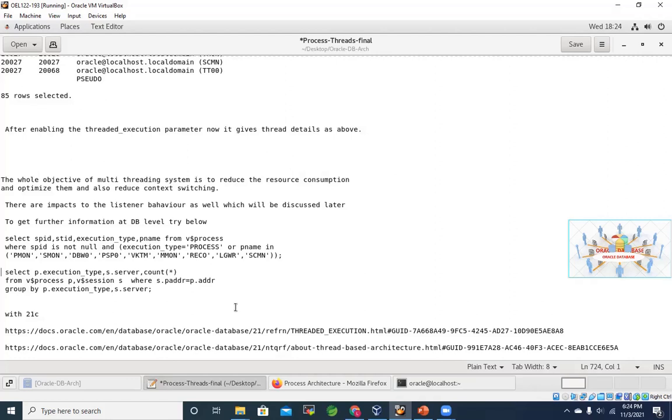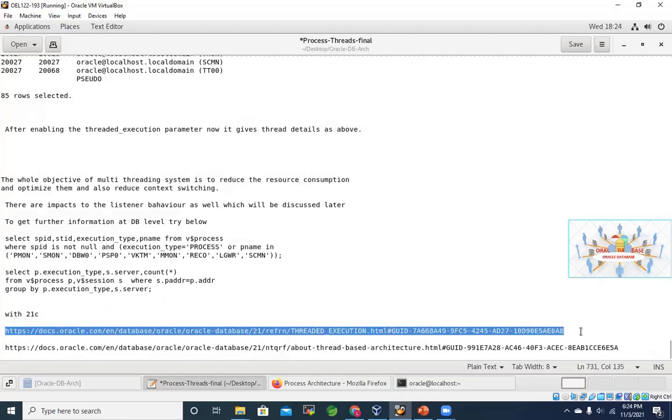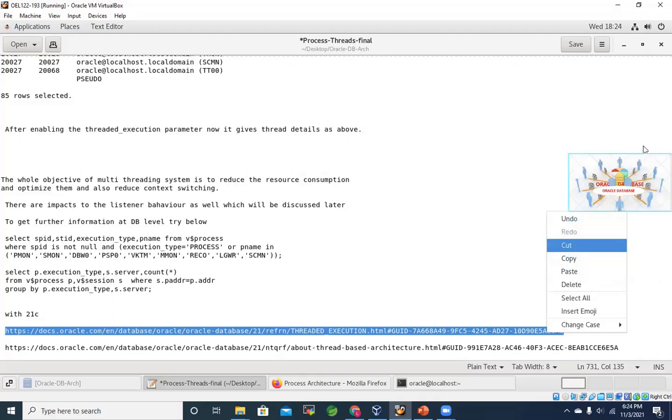But now with 21C, Oracle is coming back, and if you look at this documentation, they are telling that it is available in Windows as well. If you go to this documentation,